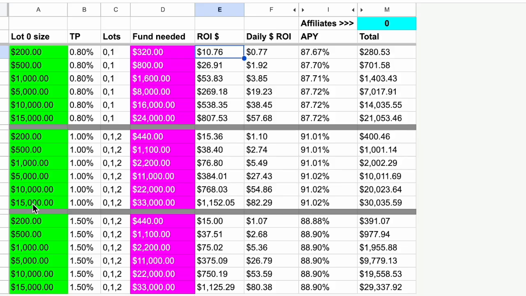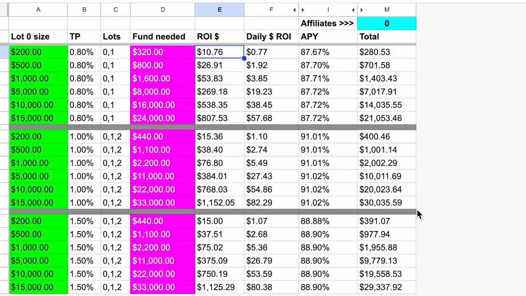So what I did was, again, I ran that simulation for 200, 500, 1,000, all the way down to 15,000. As you can see on 15,000, these are all the take profit triggers, all still on 1%. It still used the same amount of lots. Very interesting. In reserve, it needed $33,000 if you were trading with a $15,000 lot, and gave an ROI over the 14 days of